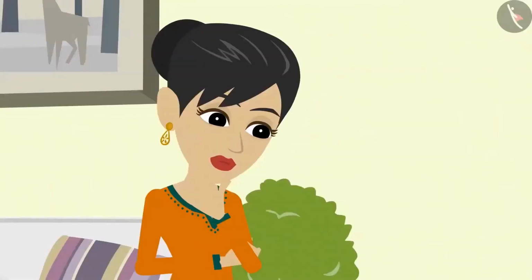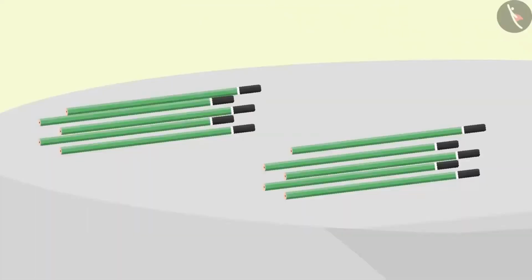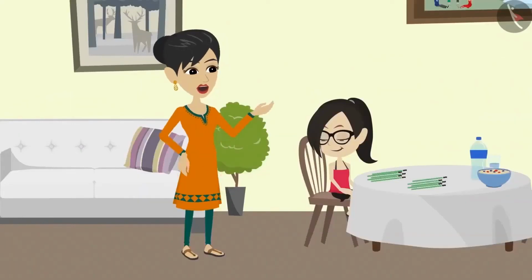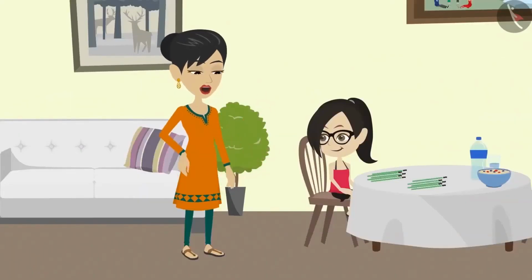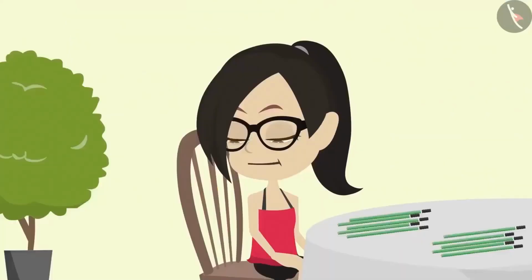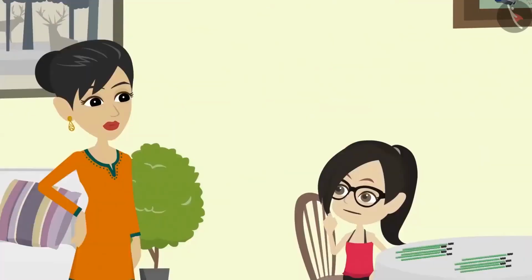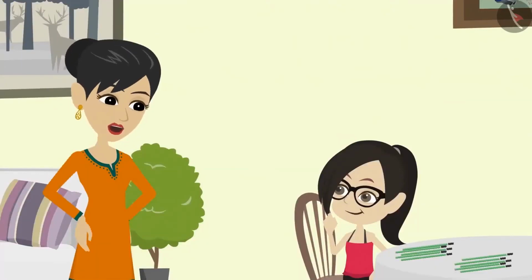Mummy sees Vandana distributing pencils like this and tells Vandana, Hey Vandana, you know multiplication tables, then why distribute the pencils like this? What is the relationship between multiplication tables and this? I will explain. See, you had to divide 10 pencils into two equal parts, so you can use division for it. How? We have to divide 10 pencils between two people.